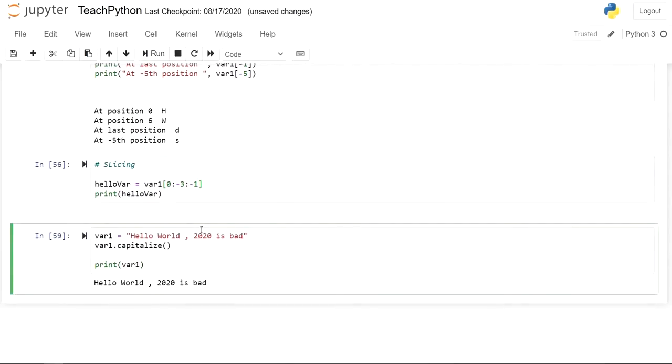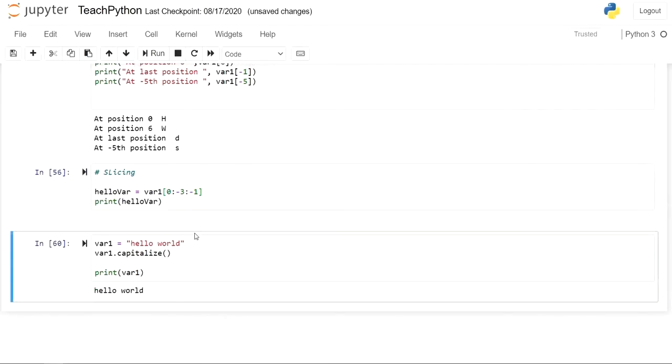I will write just hello world, and I will make the h small. So you can see that the first character is capitalized.